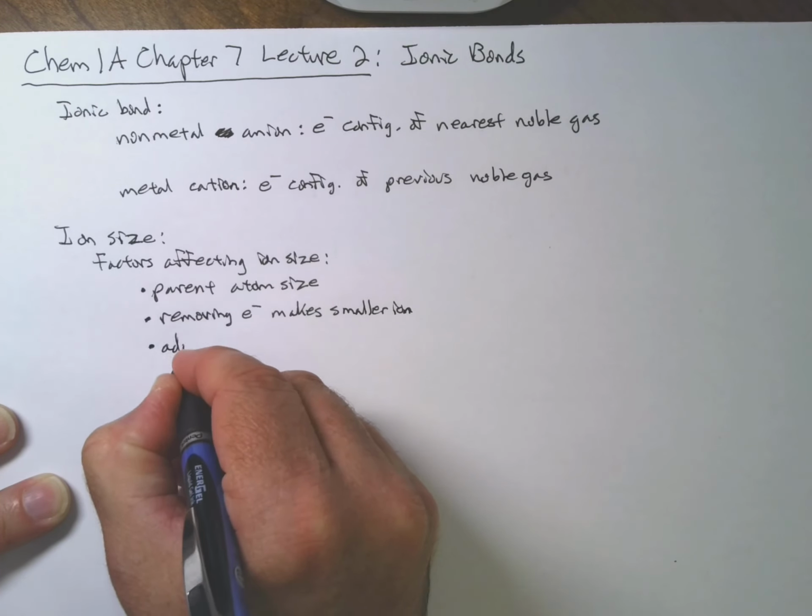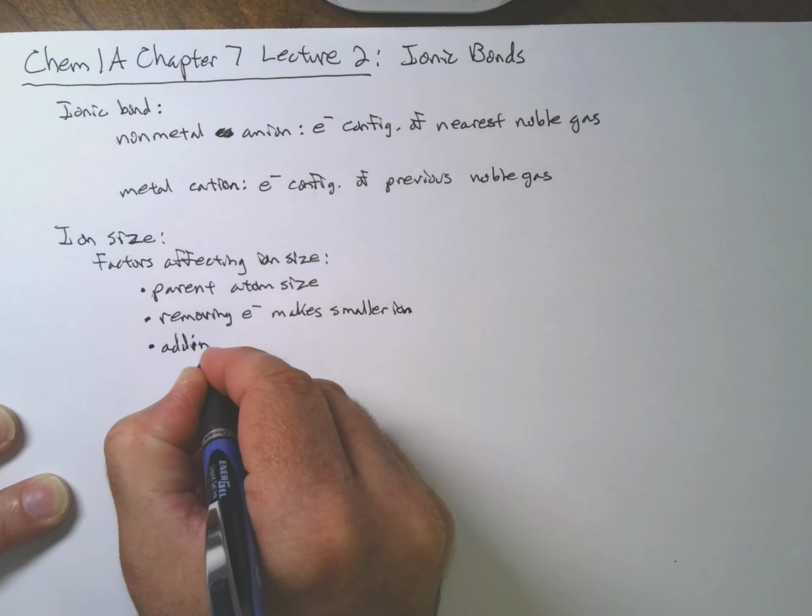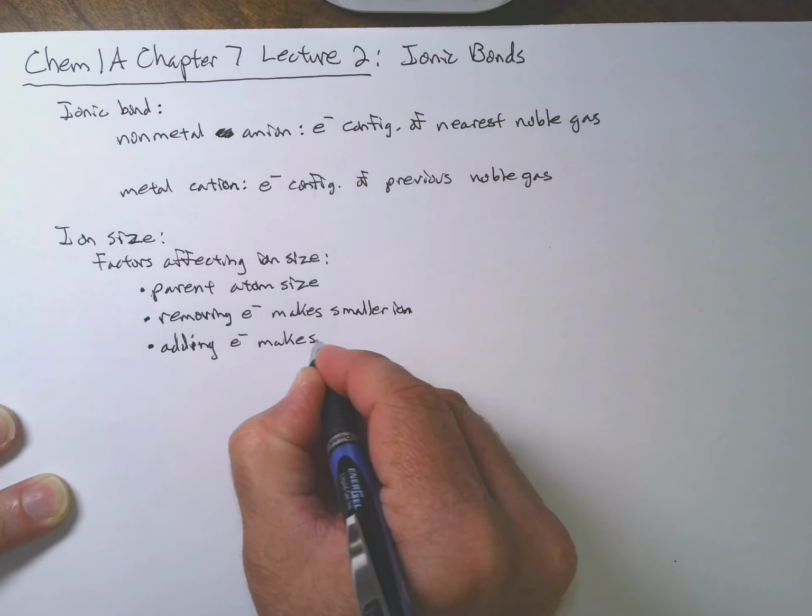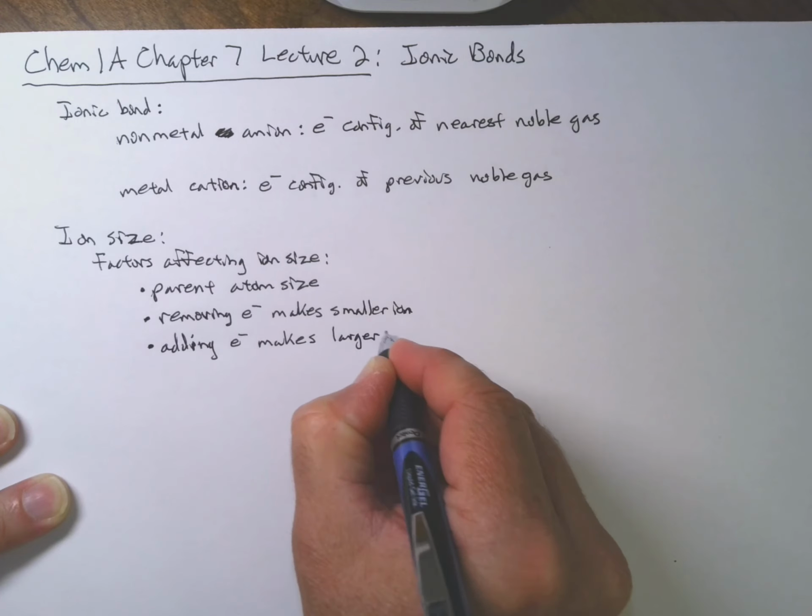Adding electrons will make a larger ion,